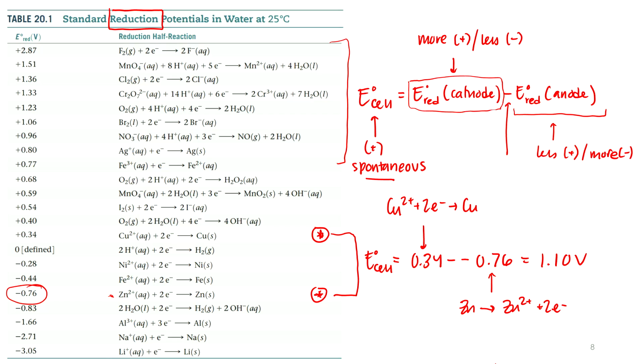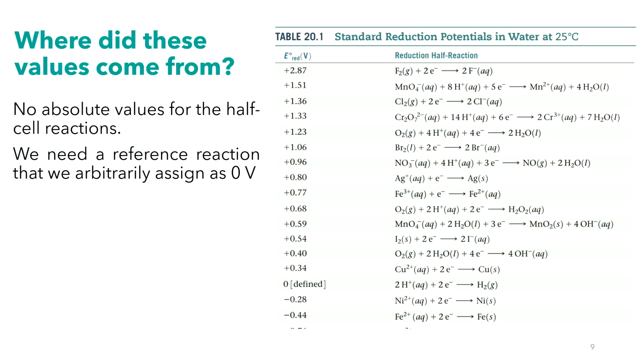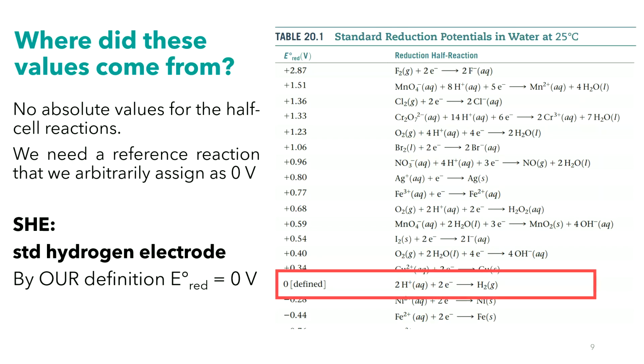That's only when I combine a copper and a zinc standard half cell. All right? And then the question we'll answer here is, where did these numbers come from? And you might have noticed that one of them was 0, and that is by definition. So these are not absolute values. This is the voltage that we get when we hook up any of these half cells